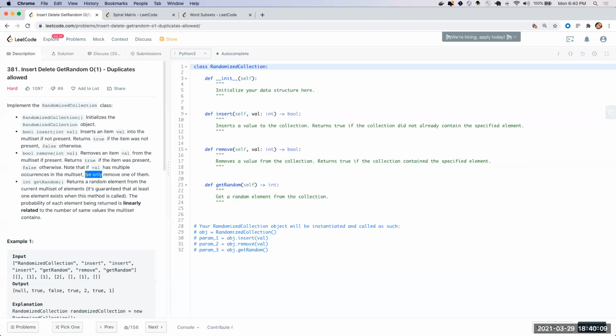Hey, can we discuss this 381 question now? Duplicates. I mean, it's easy. I came up with some idea, maybe we'll discuss it. I just want to verify that. I think I have the same idea you do, but I want to try coding it first, because it might be really easy. If what I'm thinking will work, it'll be a joke. If what I'm thinking is not going to work, I'm going to cry.